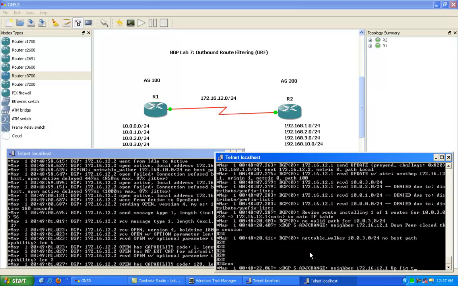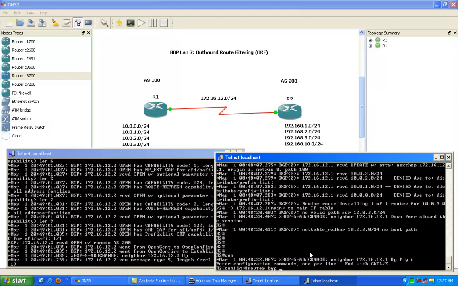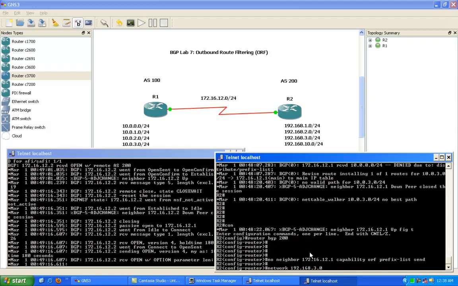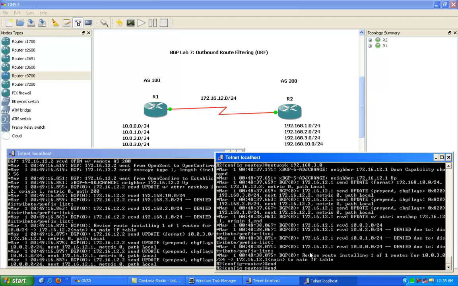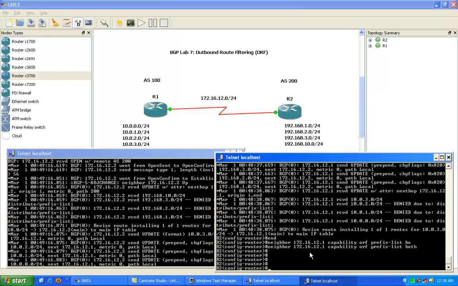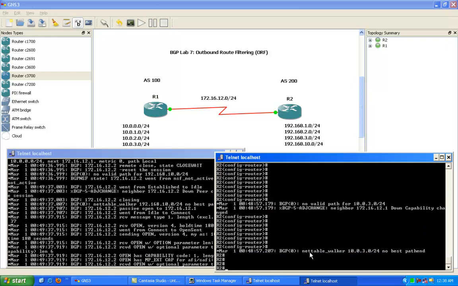So we'll go to router 2, and we have to do the same thing on router 2. So we'll do router BGP 200, and on router 2 we'll first do a no under the send, so that way we can go back through here, and after we see the debug output here, we'll do a neighbor both. So we have the both configured on both router 1 and 2. So we'll go ahead and do that, and once we do this,